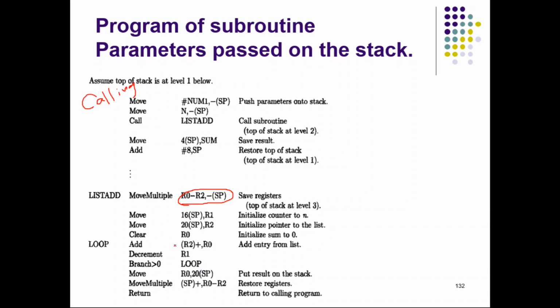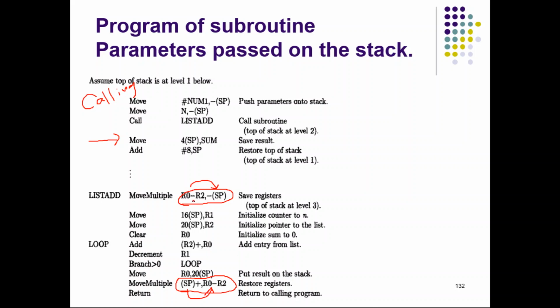Similarly, after finishing executing the subroutine, it is restoring the values of R0, R1 and R2 from the stack. Here it is storing to the stack. Here from the stack it is getting restored to these registers. Because now the next statement is return. After executing return, control will come here. When the control comes here, the calling program will expect the original values of R1 and R2 before the call happened. So that is why we are doing this.